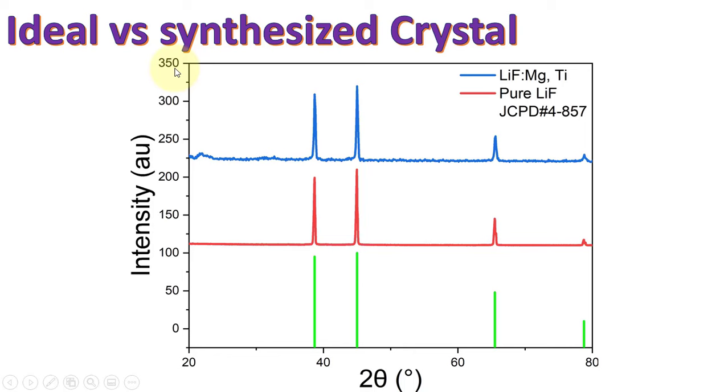Now, for example, I consider an ideal versus a synthesized crystal. For an ideal crystal, the width will be negligible and we will have sharp peaks at different locations corresponding to the planes of the material, while a synthesized crystal has a certain width and shows different planes here, but this portion is amorphous. The profile shows that the crystallinity is more here compared to this profile, which has more noise and the crystalline peaks here.